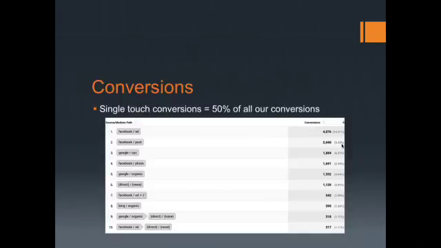You'll see there right at the top, single touch conversions is 50% of our conversions. What the heck does that mean, John? Well, what that means is 50% of the people that come to our website have to see an ad from us in whatever format only once before they will actually go to the online bidding catalog. They're like, oh, I only have to see an ad once, and then they'll go do my desired action. That's half of our people. That means the other half need to see an ad at least twice before they'll actually go and do whatever my desired outcome is.